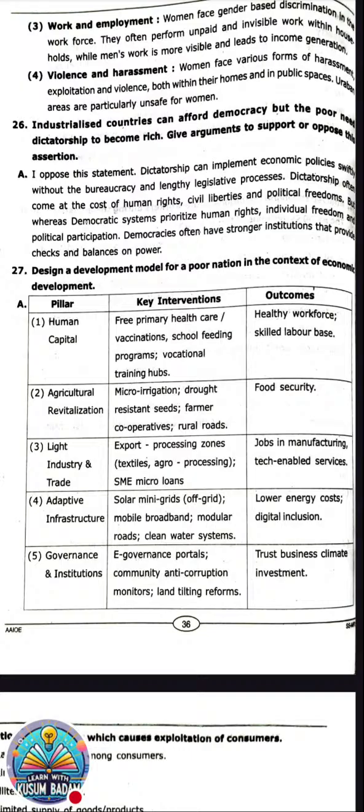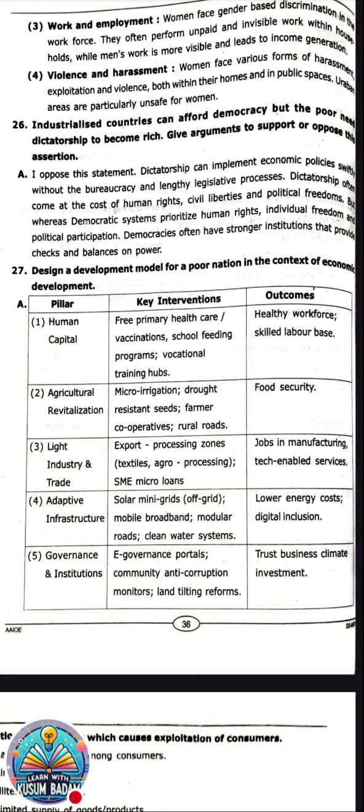So how will they get the benefit? Healthy workers. If they provide proper schooling, vaccination, vocational training, what result do they get? They get a healthy workforce, skilled persons, skilled labor. Then when they go for agriculture development, there is food security. As they are concentrating on agriculture, food security means that if there are any calamities, the food will be available to everyone. Generally the surplus food is stored in government granaries where they keep the extra food, and that is provided to ration shops and all.